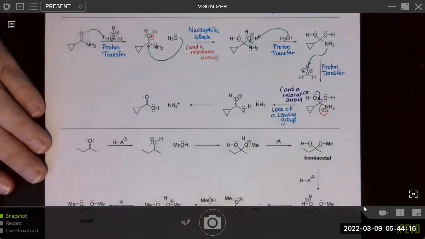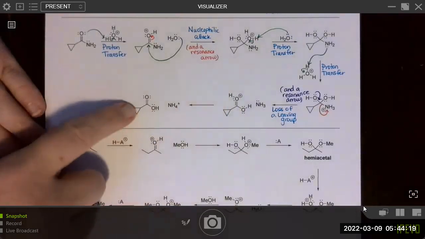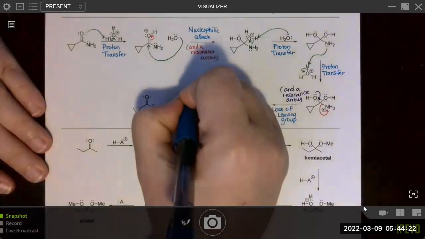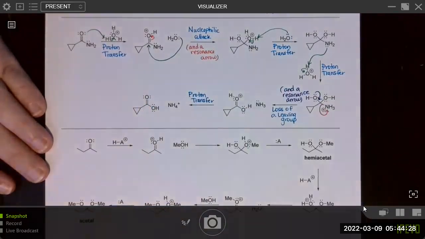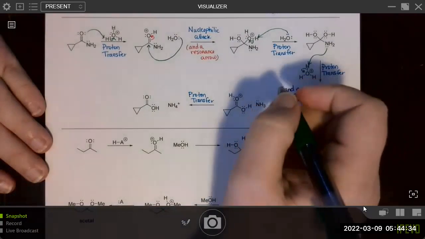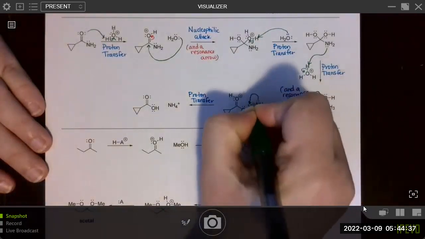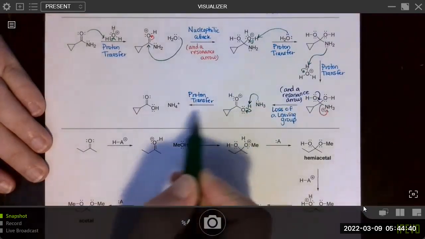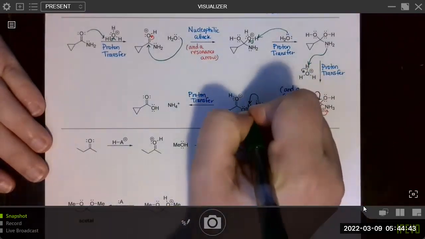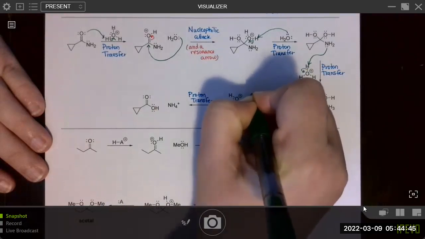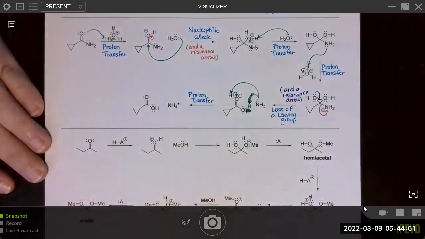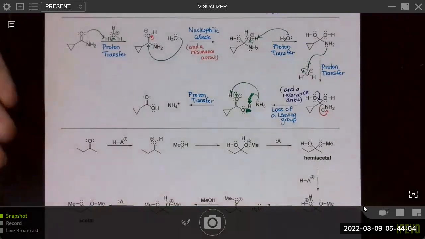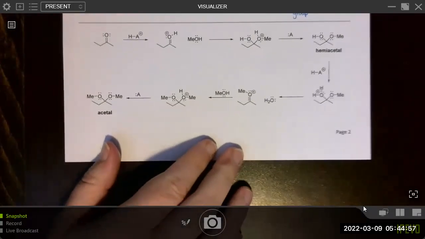Okay, and then lastly, the oxygen here will be losing that proton. So we have another proton transfer. So base takes the proton from the acid, leaves the electrons behind as, oh, sorry, taking the wrong proton. Come over here and take this proton, so we can form this product. Okay. Moving on to the next one here.